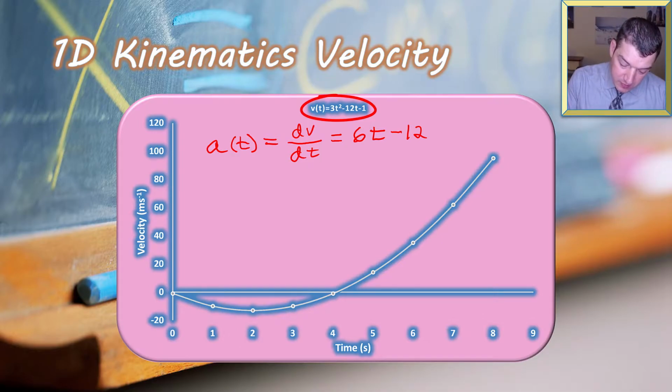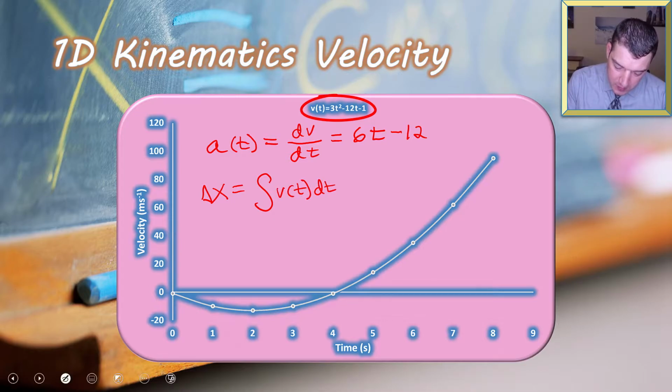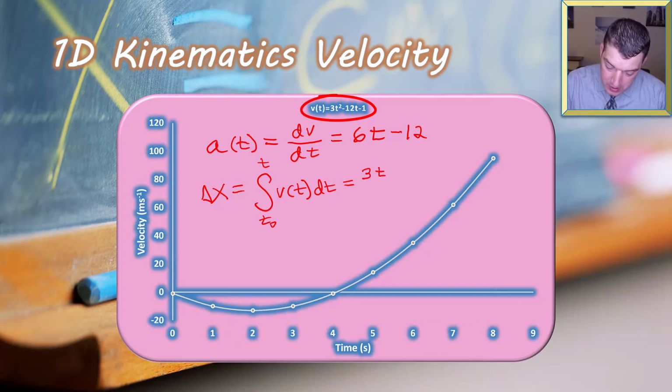Describe the displacement. That's going to be the integral of the velocity function with respect to time between our initial time and some point later. The integral is a constant and a power, 3t cubed divided by 3. And what you can see there is 3t cubed divided by 3, the derivative of that would be 9t squared divided by 3, or 3t squared, which matches up,